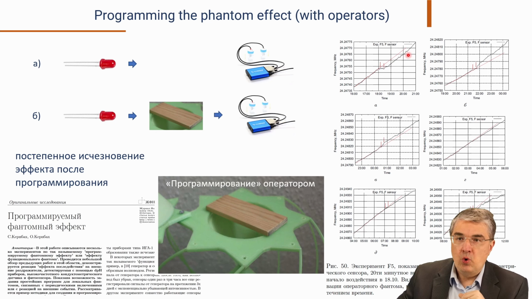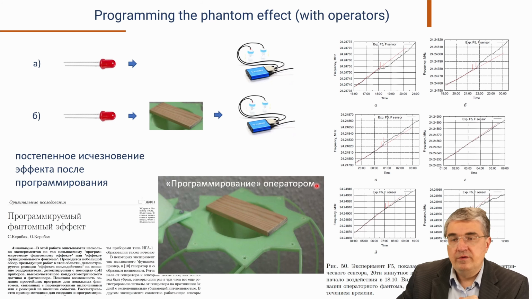And as a control, to see whether this effect is really from the object's influence, we put up the setup without any object. And if this LED was lighting, and it's really low power, almost not even visible light, there was no influence on the sensors. And in turn, if the object was present but there was no light, then again there was no influence on the sensors. So this change appears only if there was light and the object was programmed.